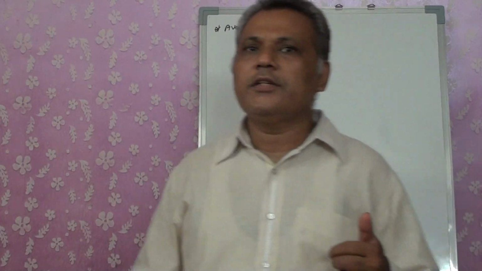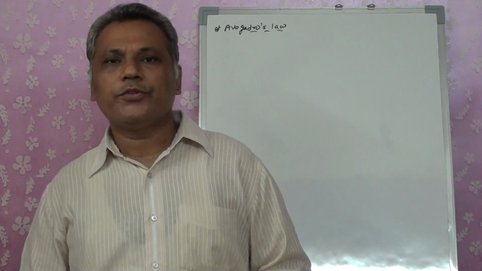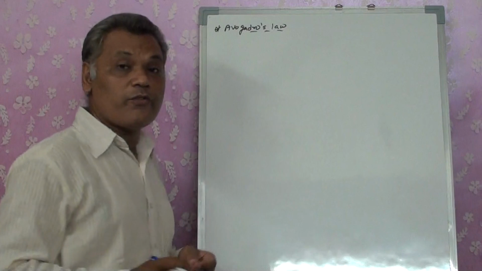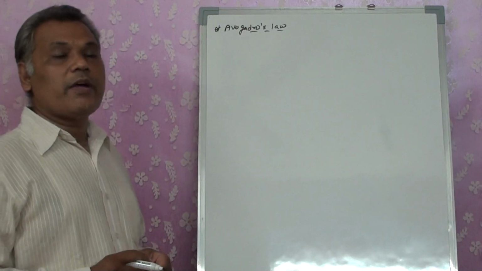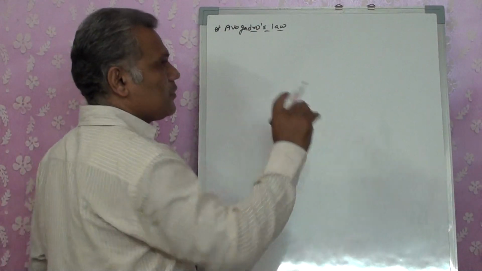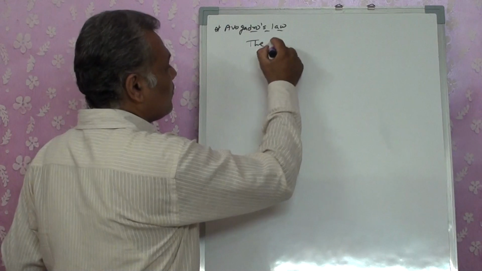We have already studied it in our first chapter also, Avogadro's number, 6.022 into 10 raised to 23. The same factor we are going to use over here, but we are going to use it for the gaseous molecules, and we are going to relate it with volumes. So we already know that the volume